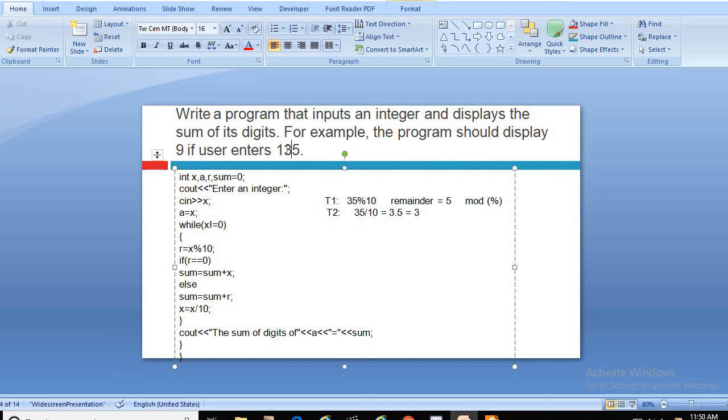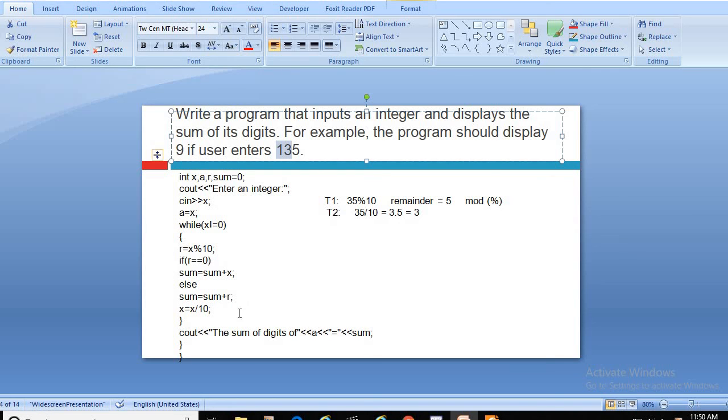Now the remaining digits are 13, means 1 and 3. Again it comes over here, and now 13 will be compared to not 0, so again this condition is true, and the remainder will be 13 mod 10, means 3 will be the result of this one, obviously mod, and 3 is not equal to 0, and sum was previously 5, and so on.